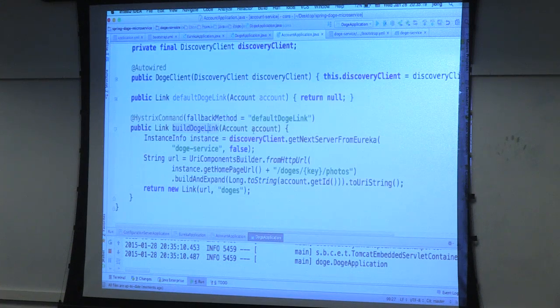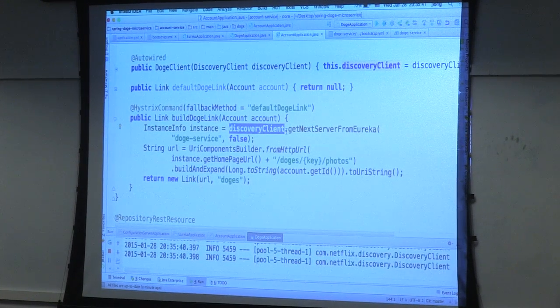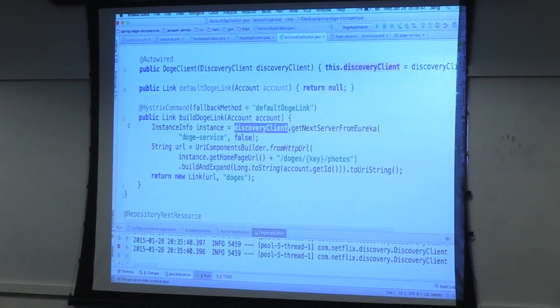The important thing to remember is that this is actually a very low-level way of doing this, right? I'm using the discovery client directly here, and I'm asking it for all the information from Eureka. I could use Ribbon. We have direct support for Ribbon, which is the software load balancer library from Netflix. And it provides a bunch of algorithms for doing load balancing among configured instances in Eureka. We have that plugged into all sorts of pieces, like the REST template, for example.